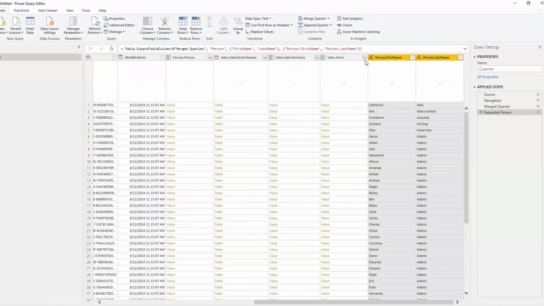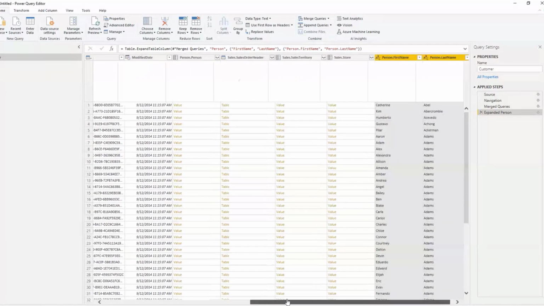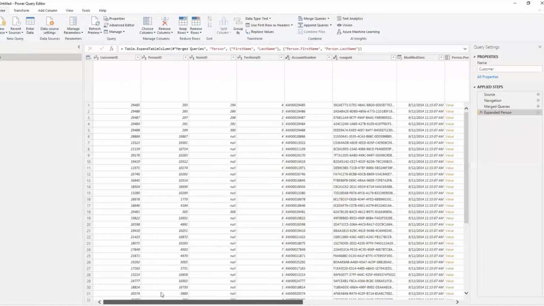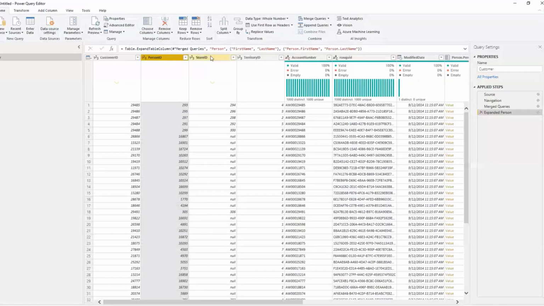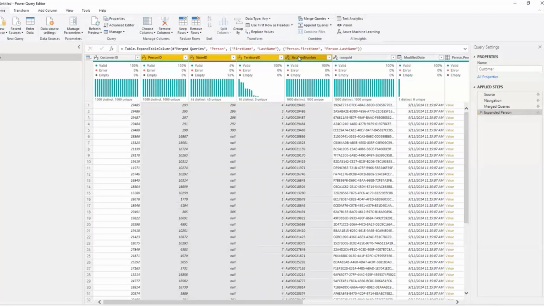What I'll be doing next is taking off all the unnecessary columns. I don't need person ID anymore, so I'll be taking that out. Store ID not necessary, territory ID not necessary, account number not necessary, modified date not necessary.